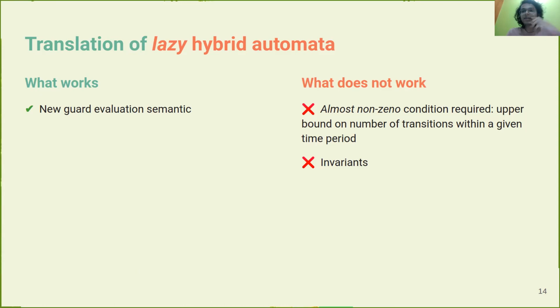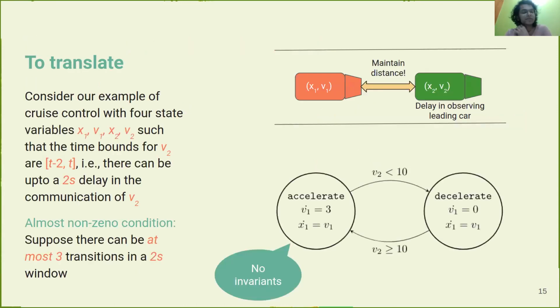And this is a fixed upper bound on the number of transitions. And we also do not have invariants. We cannot translate invariants within our translation. Now again, let us demonstrate this translation using